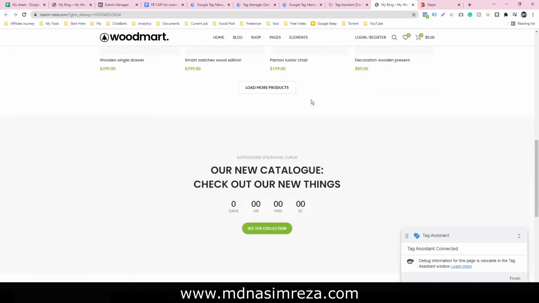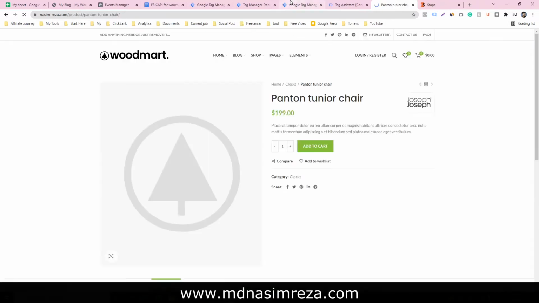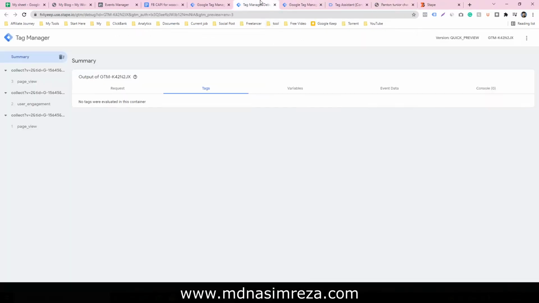Just visit this page and go back to the server container. Yes, the data is starting to come into our server container. So that means we have successfully connected our server container, our browser container and our website.